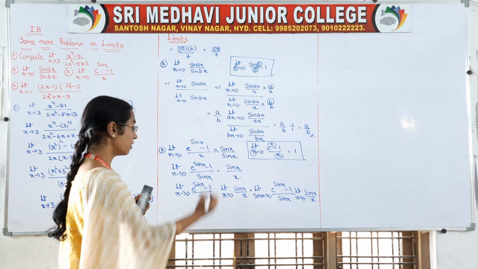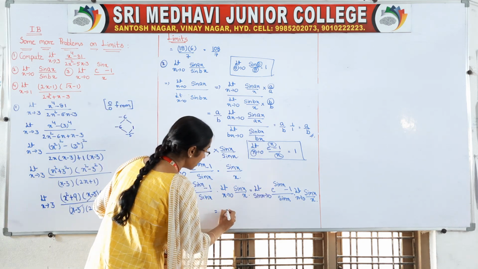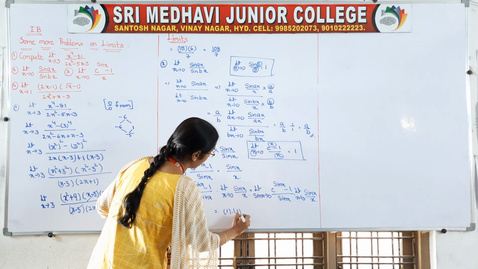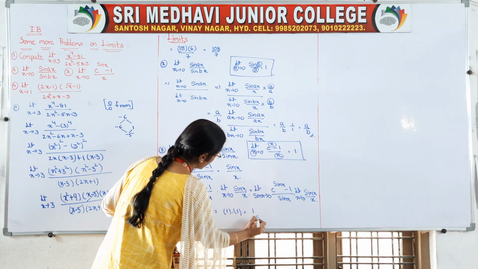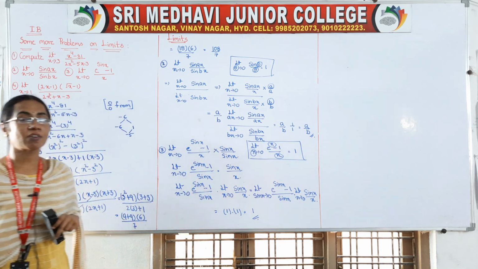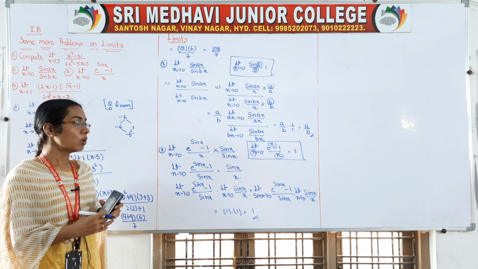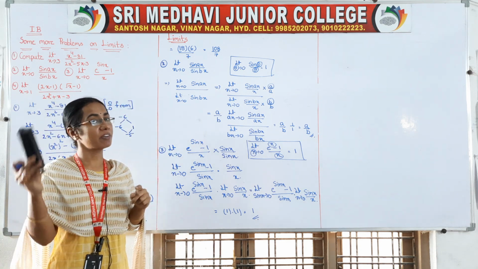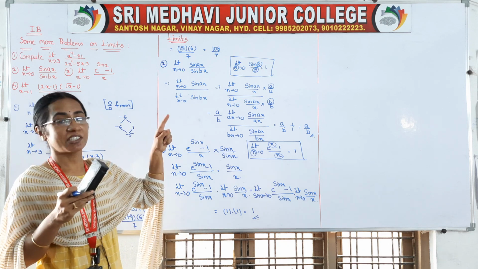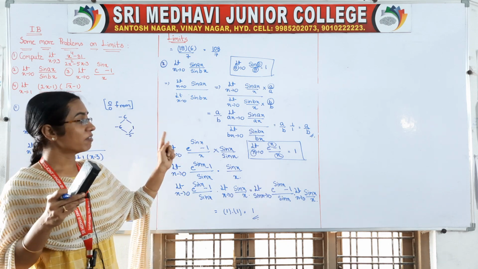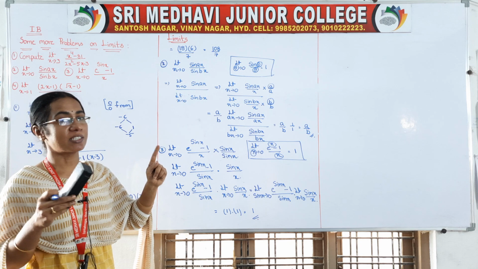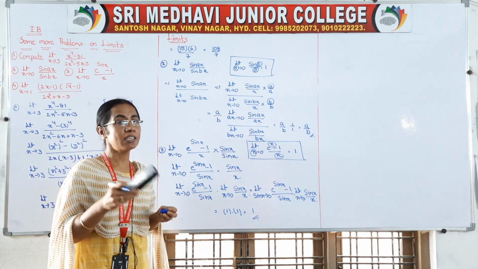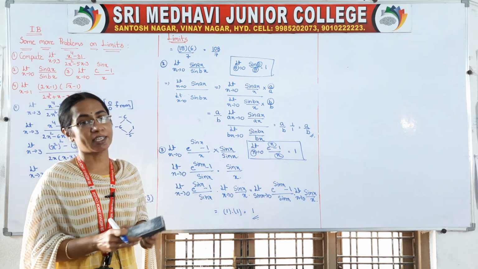Okay. So, what is our value now? This is 1 and the other value is also 1. So, its final value is equal to 1. So, if you know the standard formulas, whenever it is sine, we have to adjust it into this form. Whenever e to the power of x into something is there, then we have to adjust it like that. You will get the idea with practice.